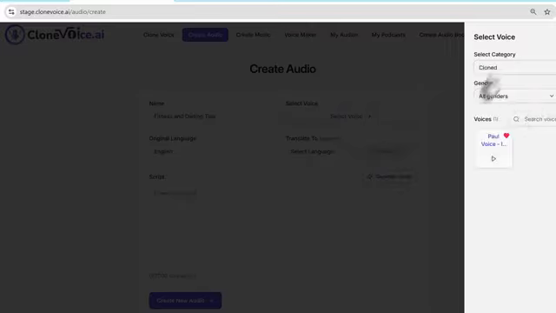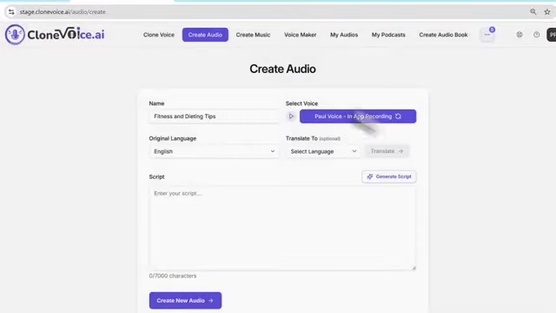So for now, we'll just click on the clone voices, but the logic is the same, okay? Whether it's a design voice or public library voice or a clone voice, whatever, they will all appear here, and you can then bring them and use them, okay? So in this particular case, let's say I want to use my voice, see, Paul voice in-app recording one, and then you can use a script here.